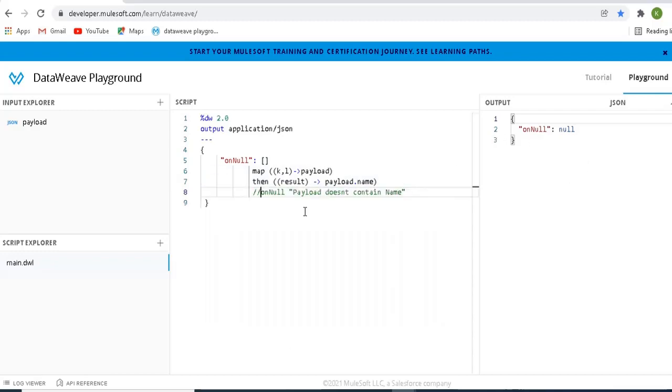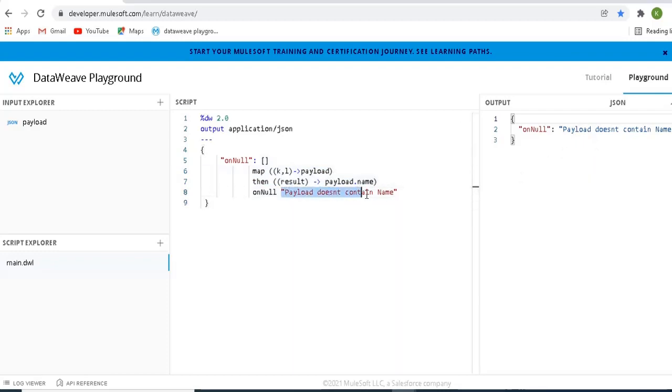In general your response will be null without this statement. But by using the on null operator, you can return any callback response. It means on null is a specific keyword, and by using this keyword, you can have a specific response here. So in case of null values, if the previous expression returns null, it will not show you null as the output.